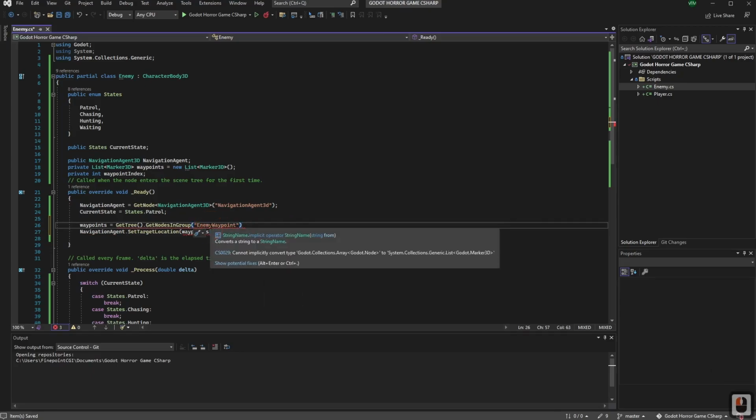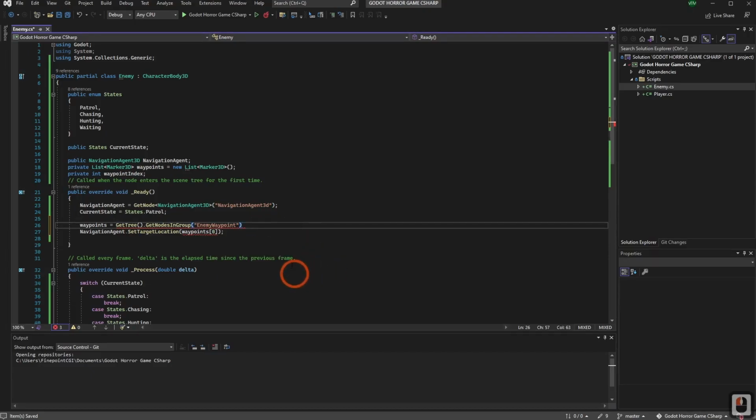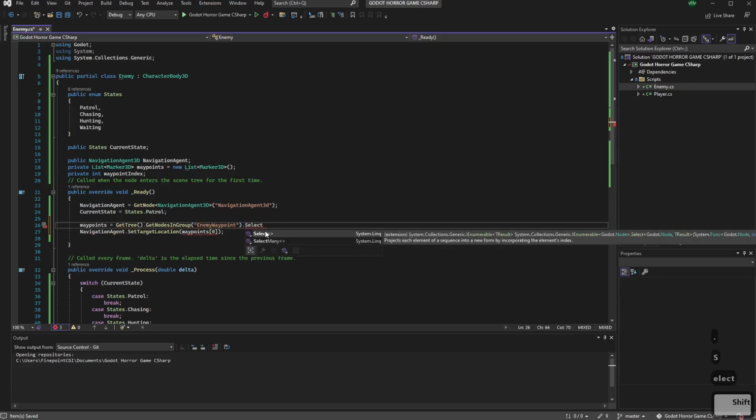This error basically says, hey, I can't convert a Godot collections array to a system.collections.generic list. And this is not fun to deal with. So I found a really simple way around it. What we can do is we can use LINQ. And if you've never used LINQ, it's basically magic. It's really, really cool. So if I hit dot and I type select